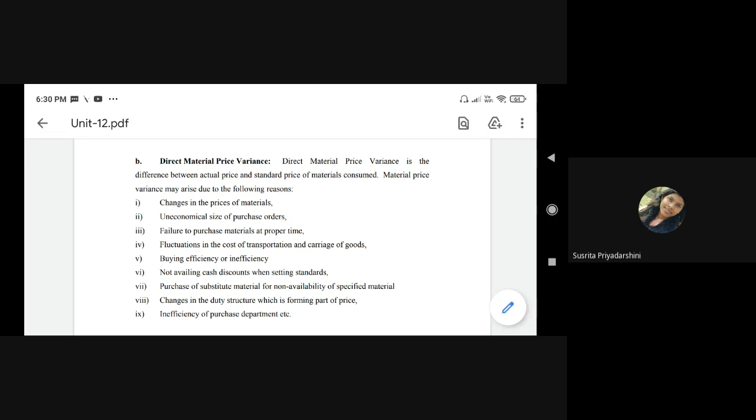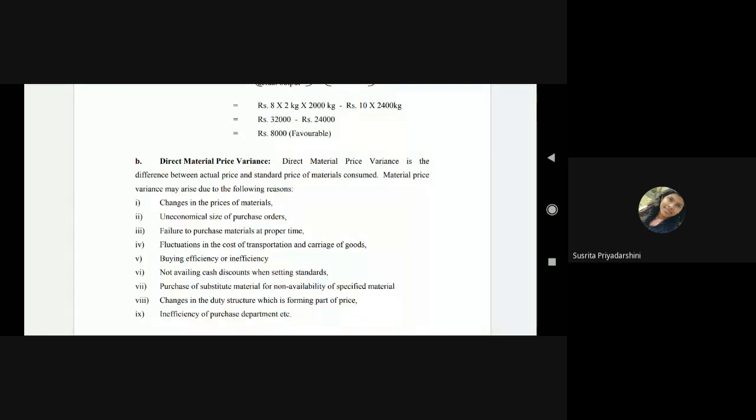मगर अगर उस हिसाब से हम डिसीजन नहीं लेंगे तो क्या होगा कि हमें डिफरेंट इंटरवल में परचेज करना पड़ेगा। जब वो स्केयर्स हो जाएगा मार्केट में तो उसका प्राइस बहुत ज्यादा हो जाएगा। हमने भी बहुत सारे टाइम्स देखे हैं कि पोटैटो का प्राइस बढ़कर 20, 25, 30, 40 भी हो चुका था। तो अगर ऐसा हो जाएगा तो उसका मतलब हो गया, अगर हम 5 रुपया 7 रुपया में परचेज कर लेते तो पर केजी हम 20-25 रुपया सेव कर लेते। मगर अगर सीजनल प्रोडक्ट होगा और हार्वेस्टिंग टाइम में हम परचेज नहीं करेंगे तो हमारा मटेरियल प्राइस वेरिएंसेस इट मे कम। ओके, सो दिस इज ए चांस। नेक्स्ट, फ्लक्चुएशन इन द कॉस्ट ऑफ ट्रांसपोर्टेशन एंड कैरेज ऑफ गुड्स।